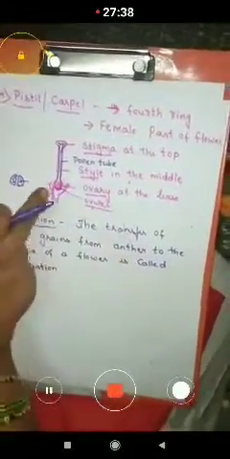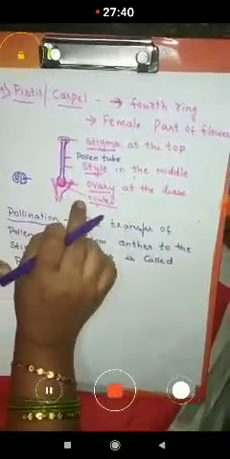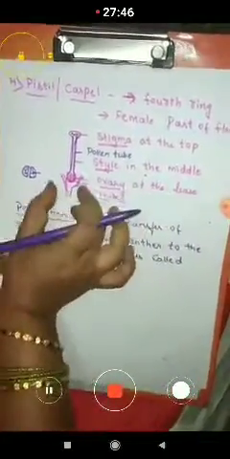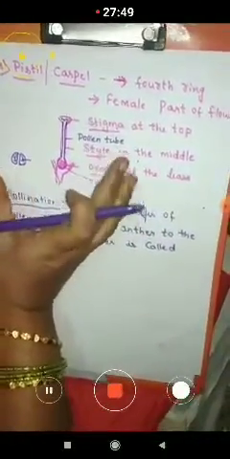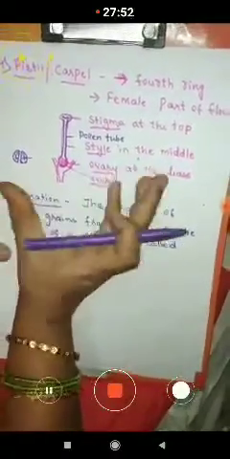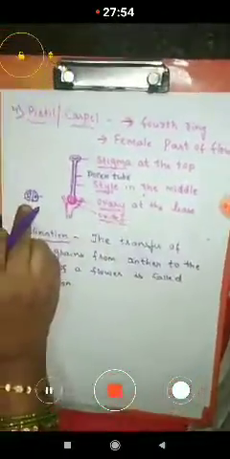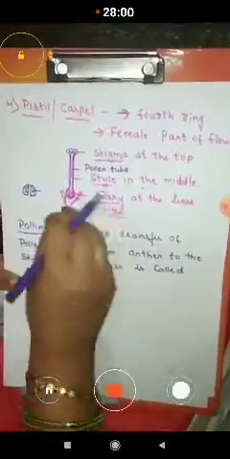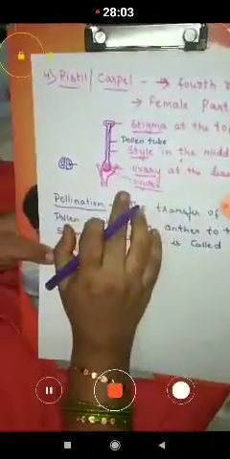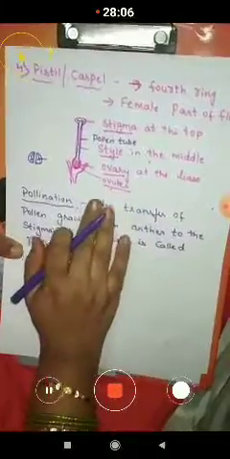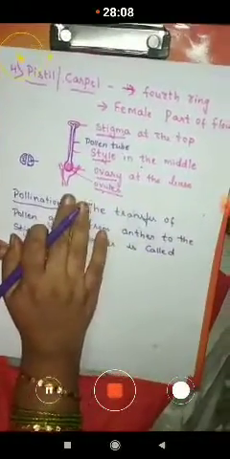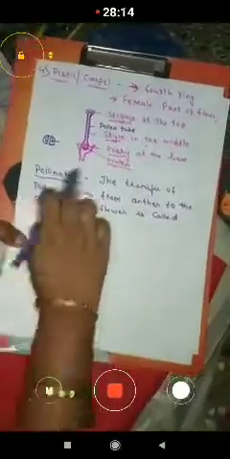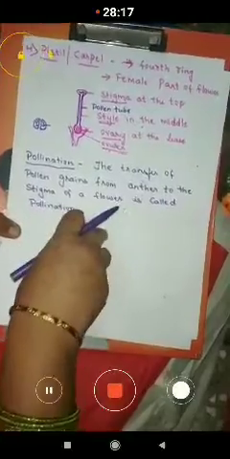Okay, so when the flower changes into a fruit, the petals and everything dry up and fall down, and this starts growing, and this starts bulging, and slowly it changes into a fruit. And the remaining ovules which are present in the ovary become the seeds in the fruit. Okay, so this is the reproduction in the flower, that is, the flower changes into fruit.